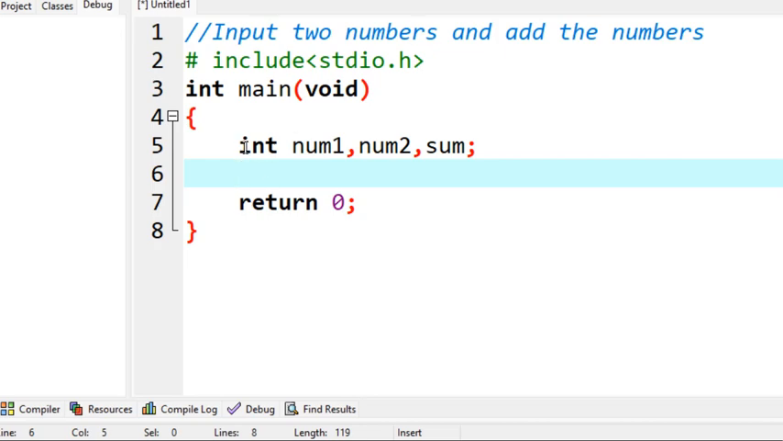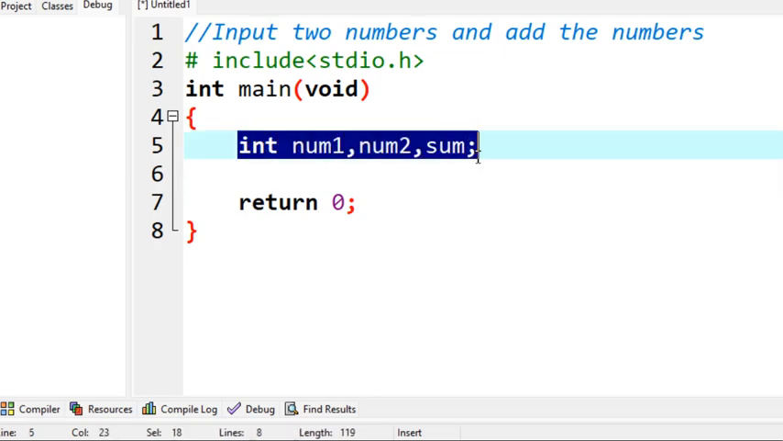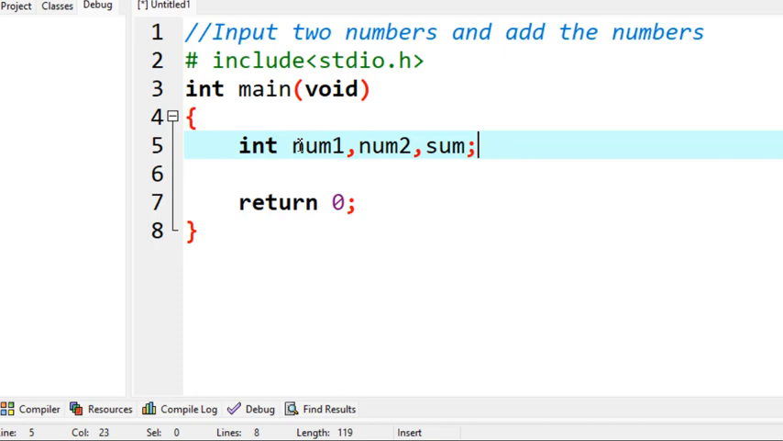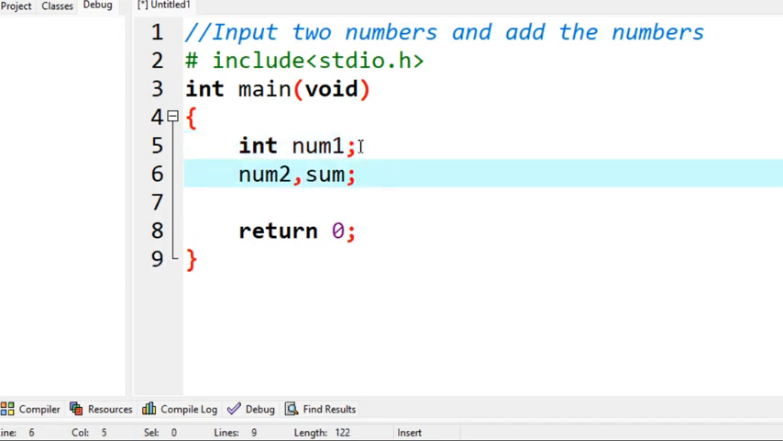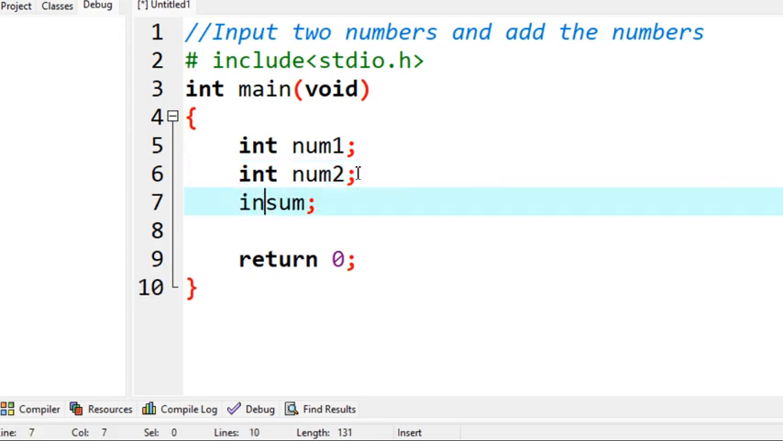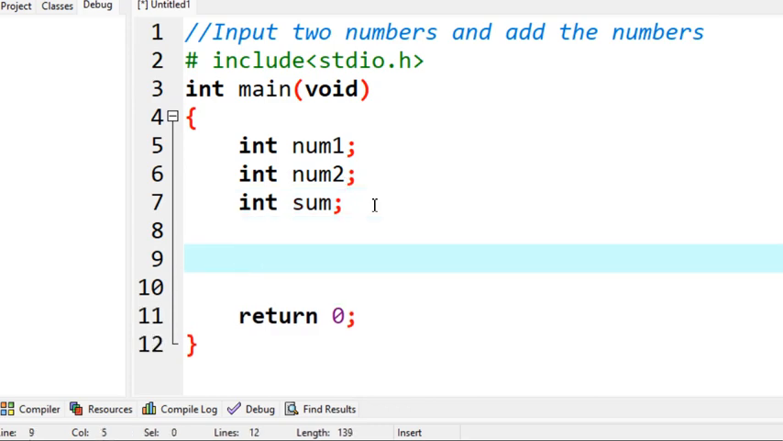Here we can define variables like that. As all the variables are int, we can type them in a single line, or we can type them separately like this. int num1, int num2, then int sum. Okay, then we are going to